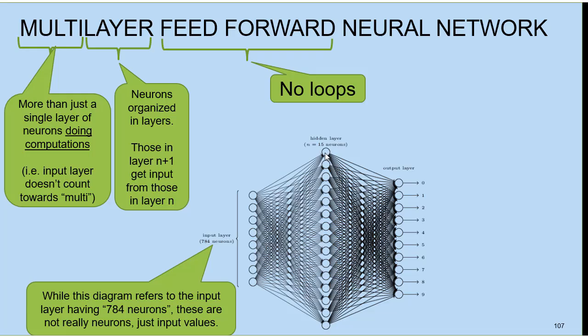These guys aren't actually neurons, but this hidden layer is neurons. If we're talking about a multi-layer neural network, then in this image we would talk about the vertical